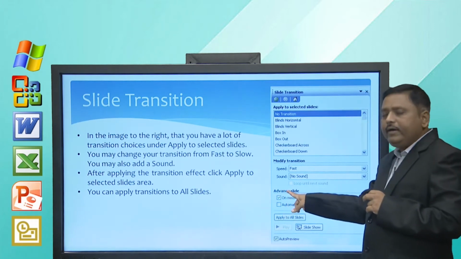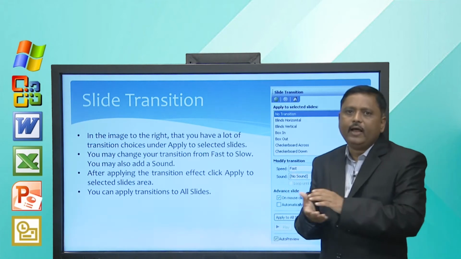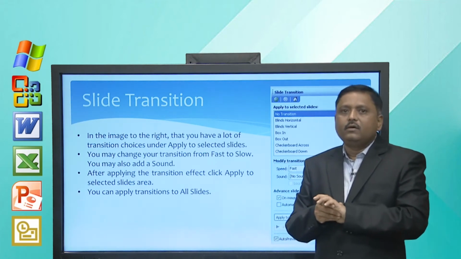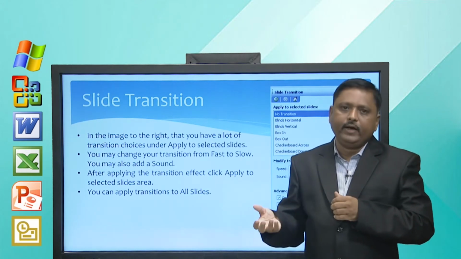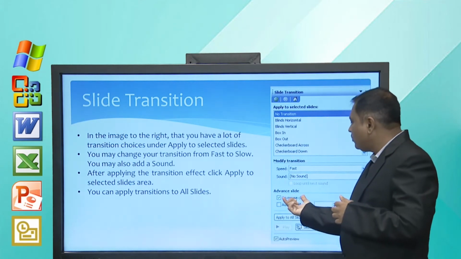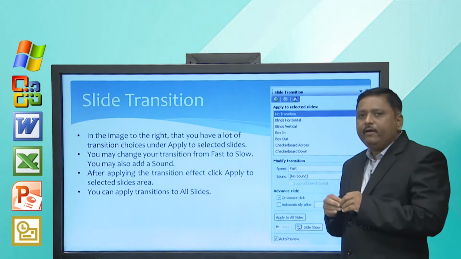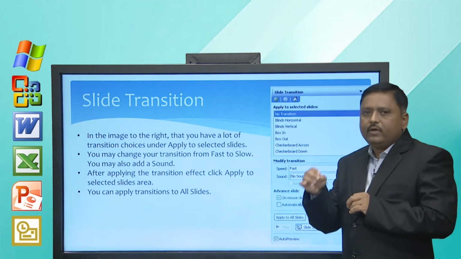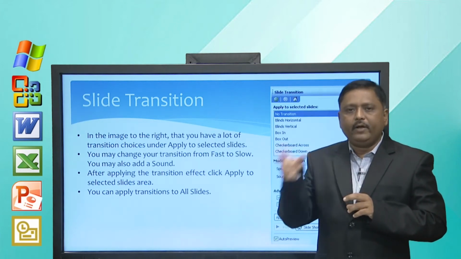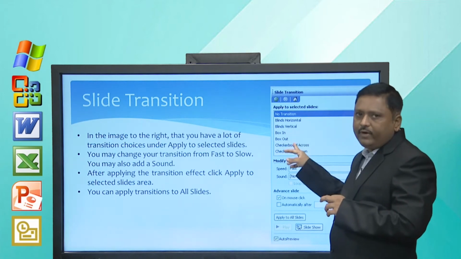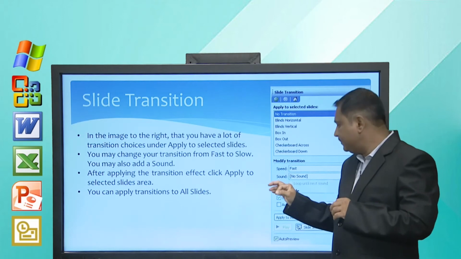And now, next is how your slide will advance. That means, you have to manually move to the next slide or it will automatically happen. So, here you have to click on mouse click, means whenever you click on mouse next slide will appear and when it appears this kind of effect will be shown and whatever sound you have selected here will be played.